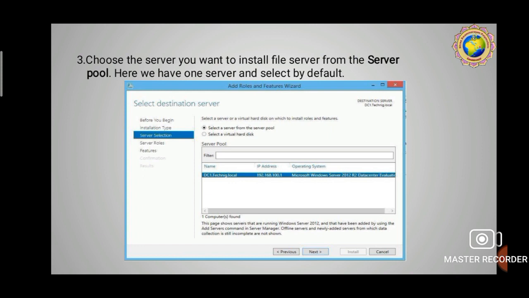So here is the step for selecting the destination server in the Add Roles and Features wizard. On the left-hand side is the server selection, and on the right-hand side is our server pool. You want to install File Server from the server pool, and there is only one server, which is the default server. So you have to select this default server from the server pool